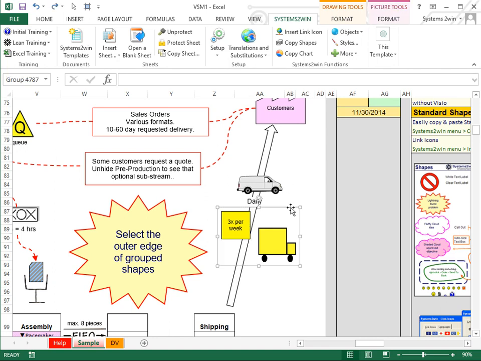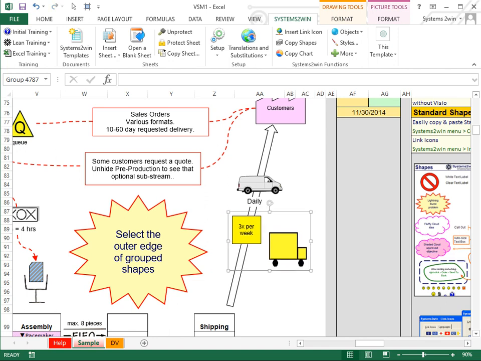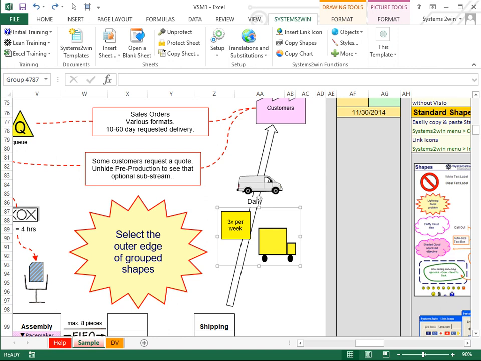If we select the outer edge of that still grouped shape, we see that those shapes are still grouped, but their relationships have been accidentally changed. I would not have designed it that way if I were Microsoft, but as long as you're aware of it, you can press the Control-Z key a couple of times and put your truck back together again.